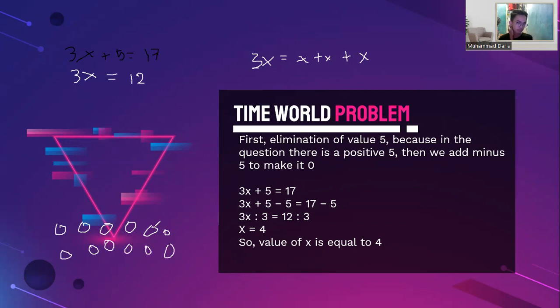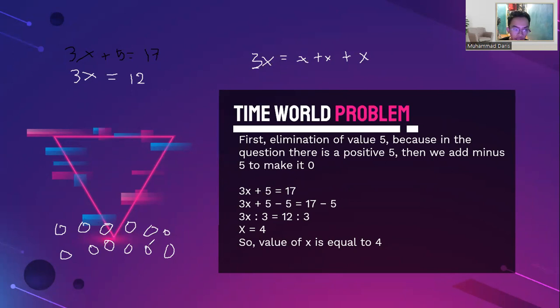Okay. So now this is the visualization of this equation. 3x is equal to 12. And then 3x is equal to x plus x plus x. It means